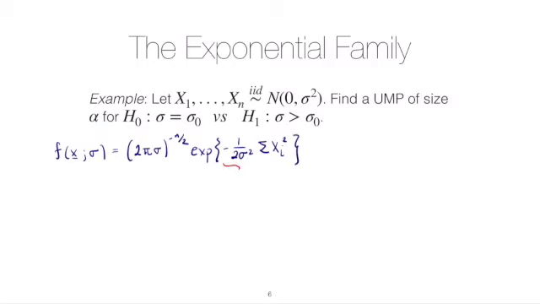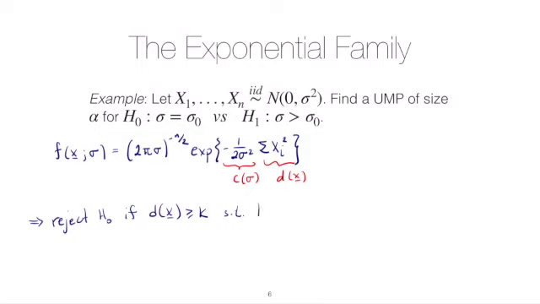Here we have a C of sigma, and here we have our D of x. Based on the result from the last slide, we can verify that this is an increasing function of sigma, and so that allows us to say reject the null hypothesis if D of x is greater than or equal to k,